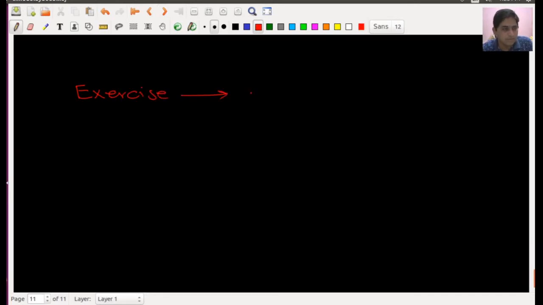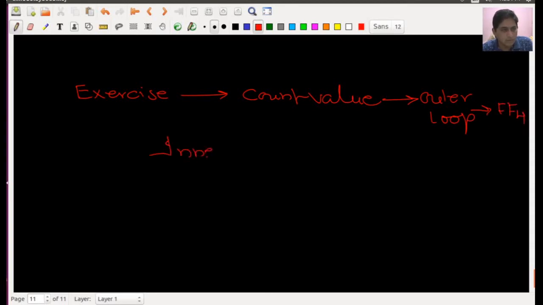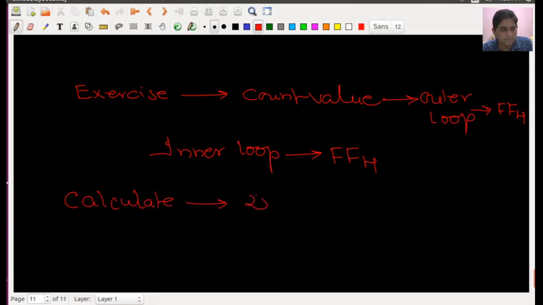The exercise says: take the count value for the outer loop as FFH, and also for the inner loop take FFH, and calculate the maximum amount of delay.